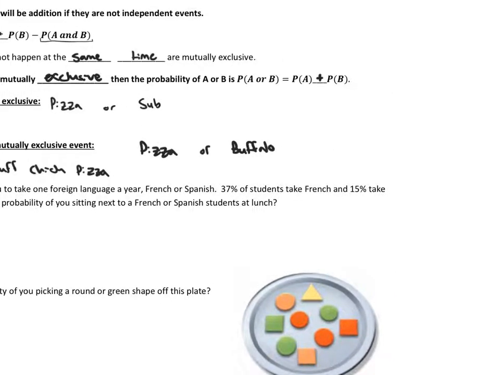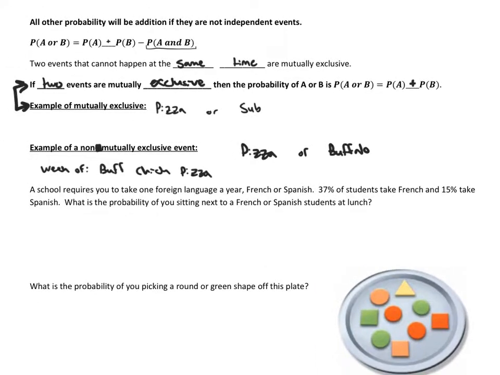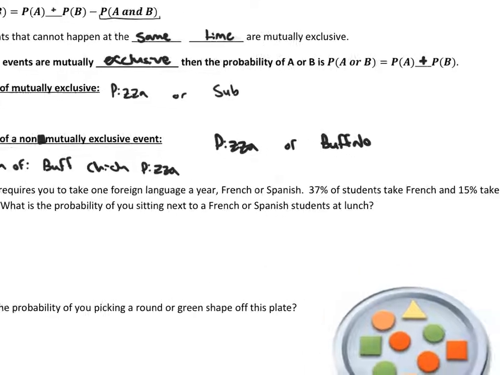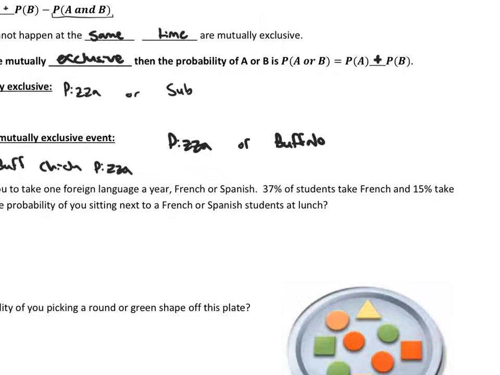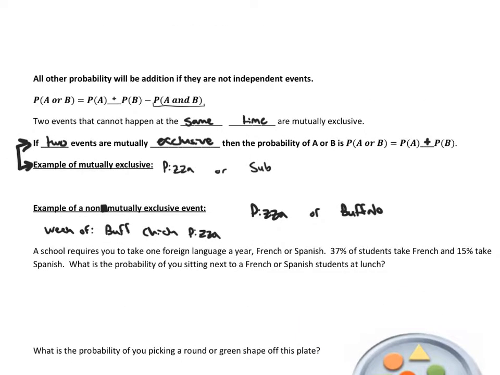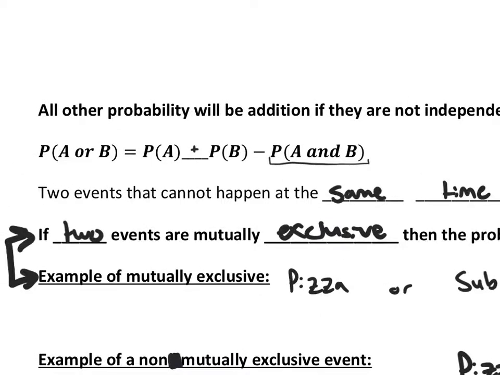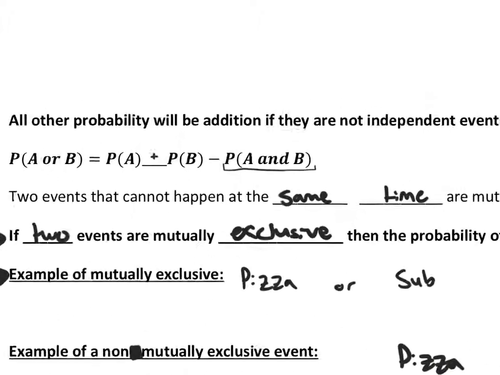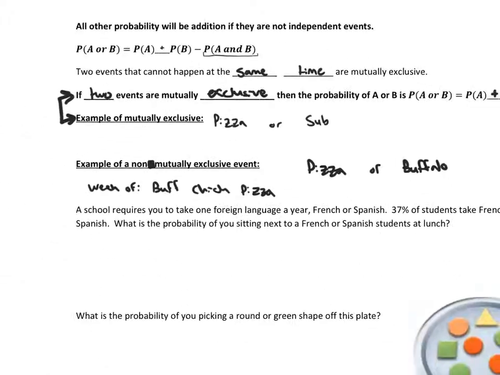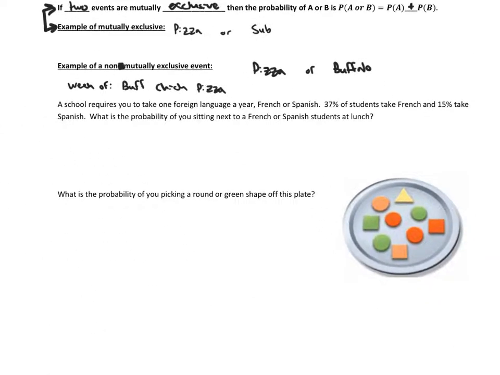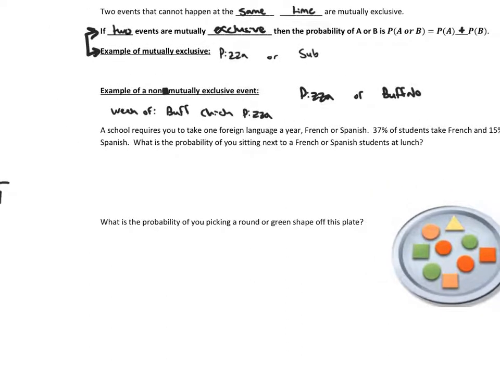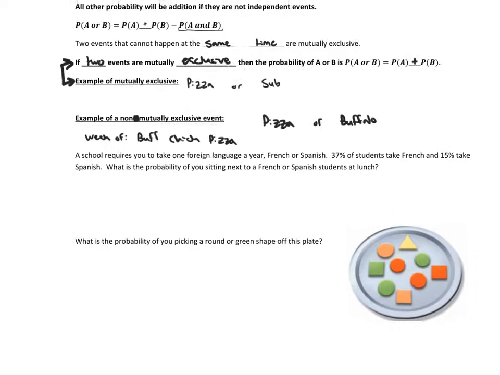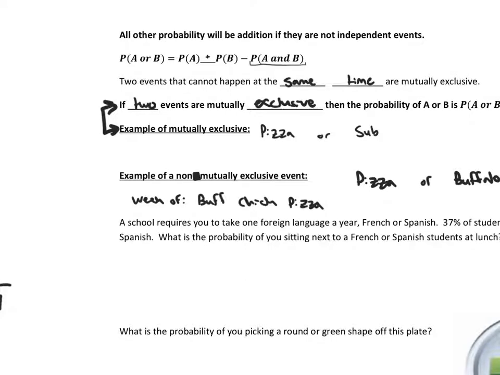The reason this is non-mutually exclusive is because there is a pizza option that has buffalo on it. So we're going to have to do a little more work, where we'll add up some of the percentages, but then we'll also need to take away where both of them are existing at the same time. We're going to see some examples with some actual numbers to get used to mutually exclusive and